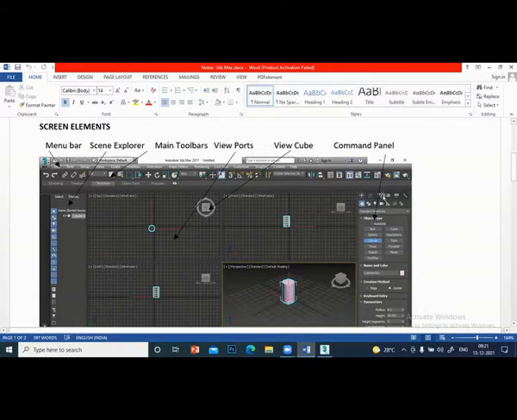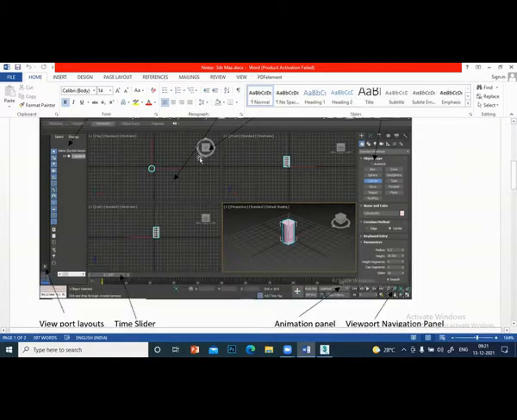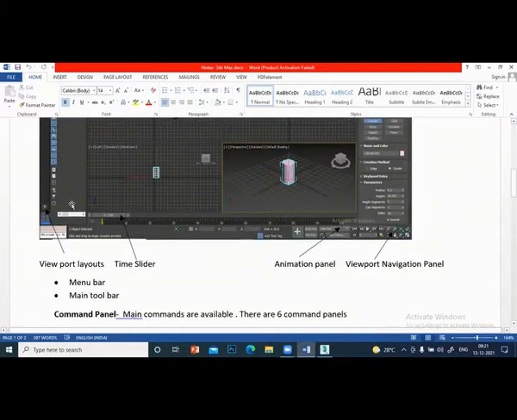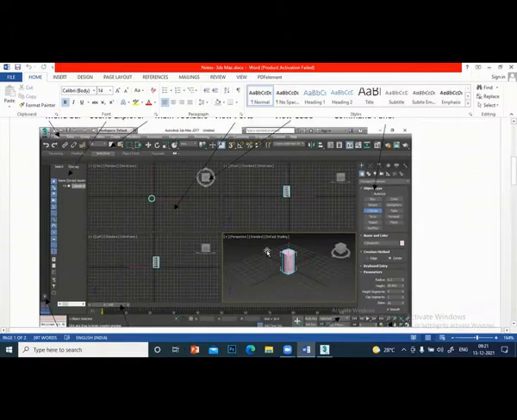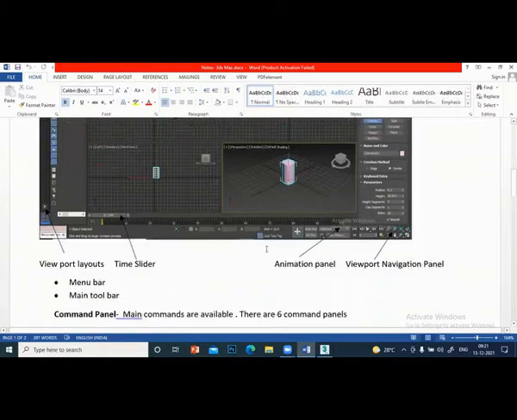This is the command panel. And these are the viewports. Here you have the viewport layout, time slider, the animation panel, and the viewport navigation panel. So these are the various elements of 3ds Max.